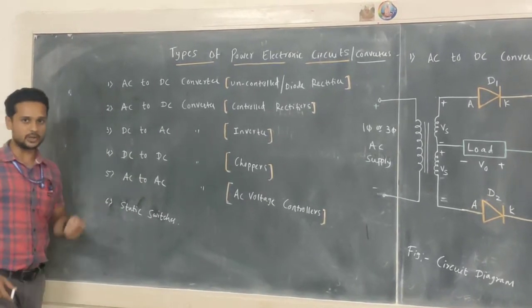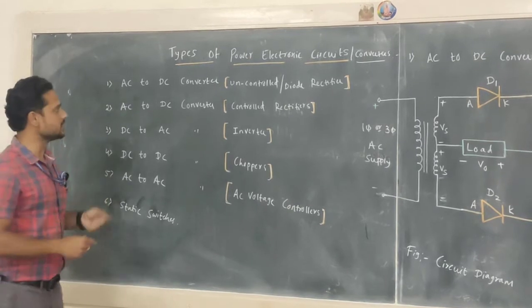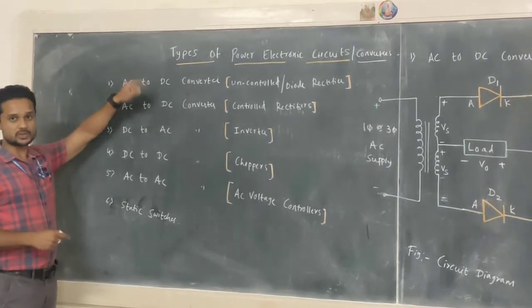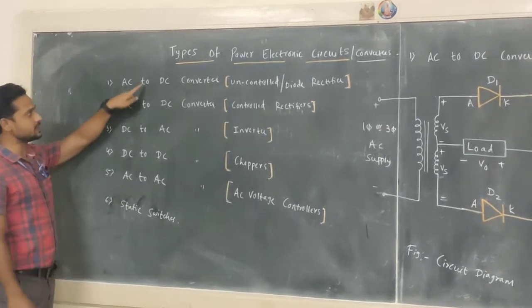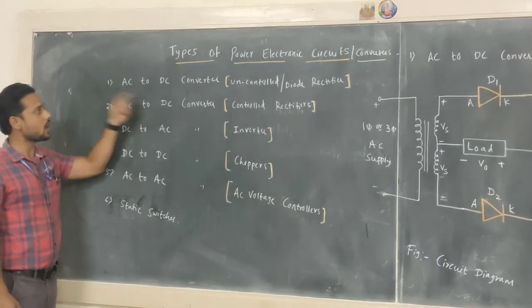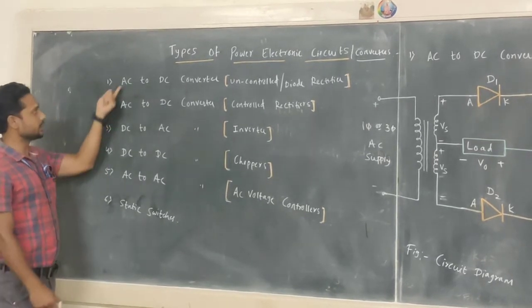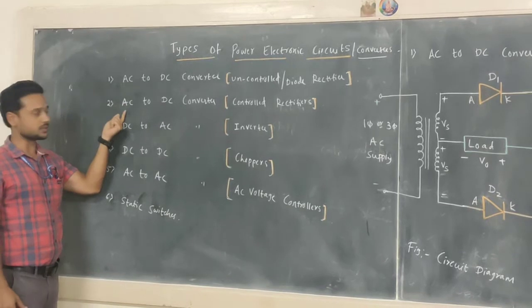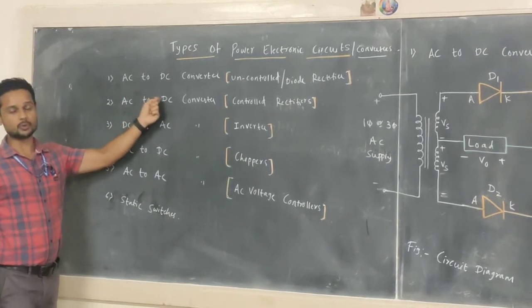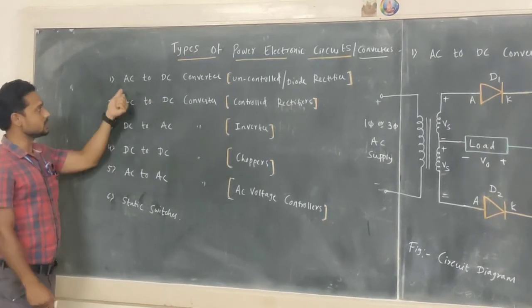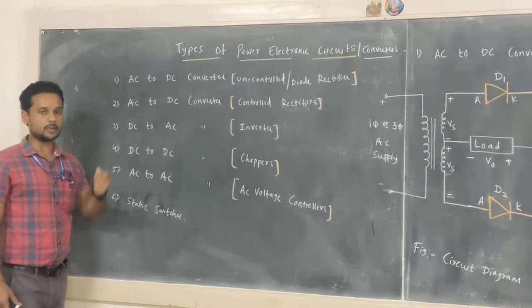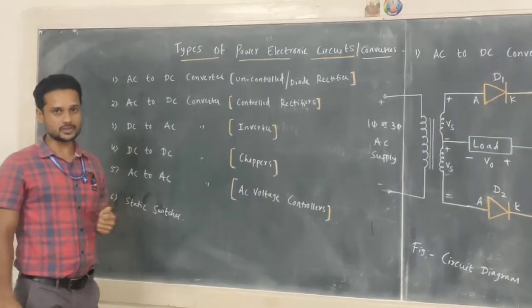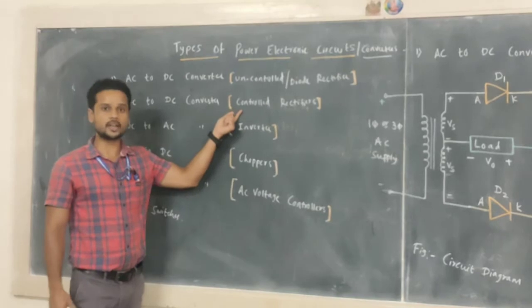Okay, so in this particular video lecture we will discuss the operation or working of these two converters. How is it possible to convert a given fixed AC input voltage to a variable DC output voltage? Once you convert AC to DC, if you are capable of changing the value of the output voltage, then it is called a controlled rectifier.